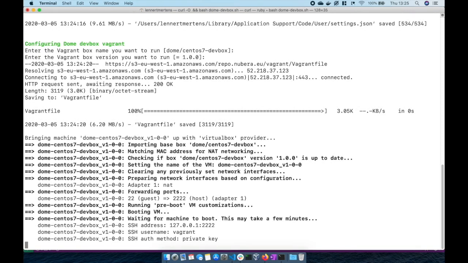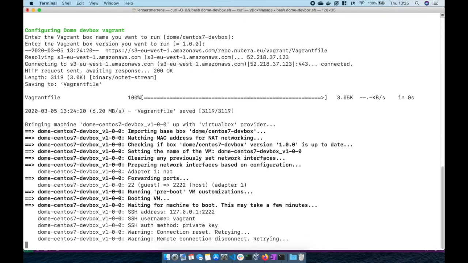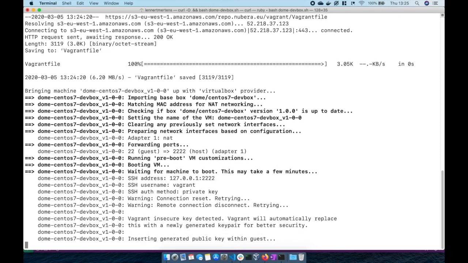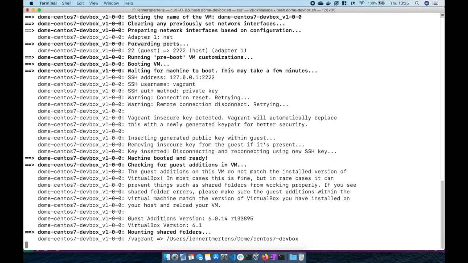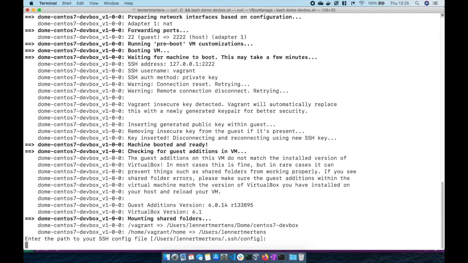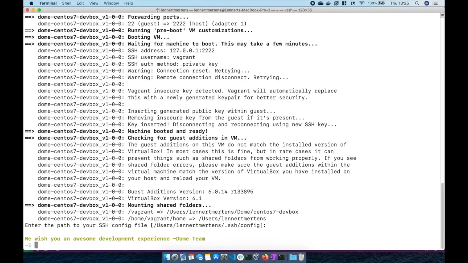As you might notice, the script sometimes asks for user input. Here you can define the name of the Vagrant box, the version that you want to use, and also the path to your SSH config. All these values use a default value, so you can simply press enter. The script is done,